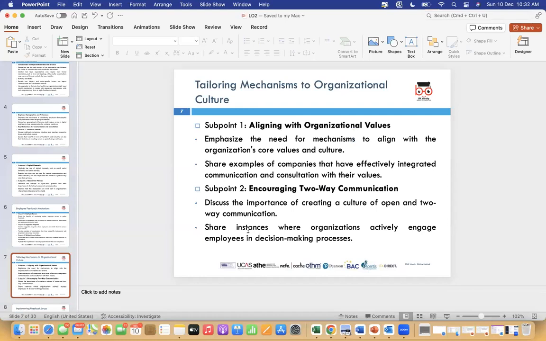Now, how they can tailor mechanisms to the organization's culture. Aligning with organization values. Obviously, every organization has different values, and they function differently. A small business organization might have a set of things in place already. Like if you join an MNC, they have these rules and these processes already in place, and there's a way